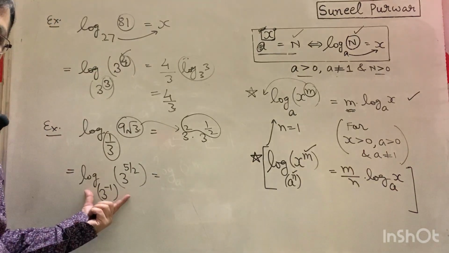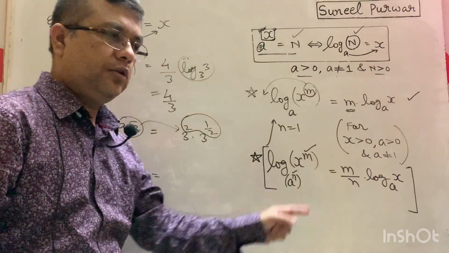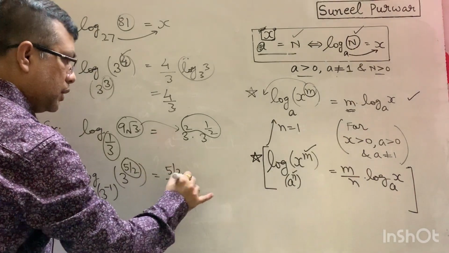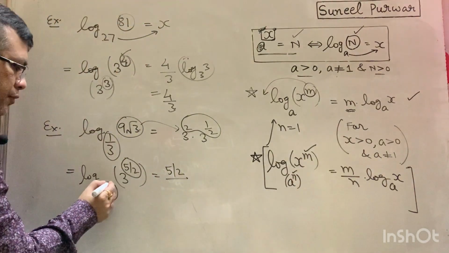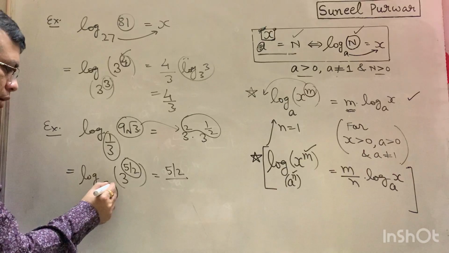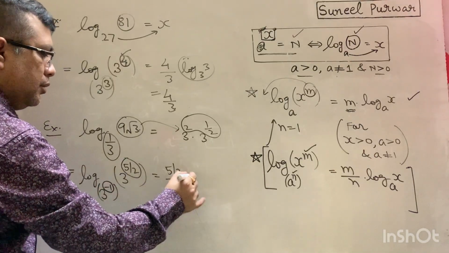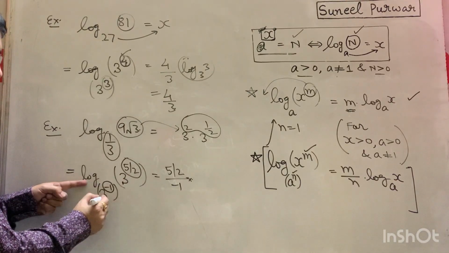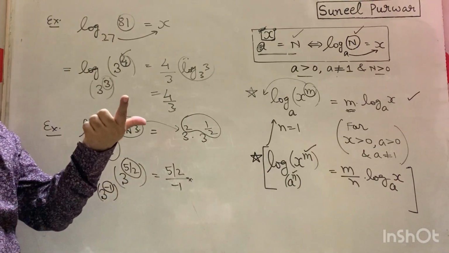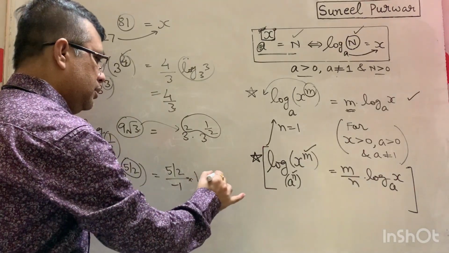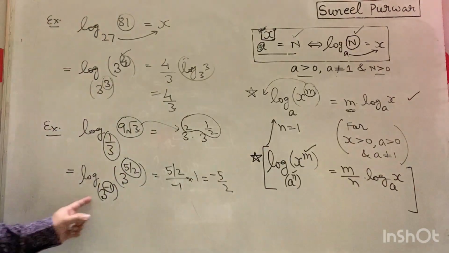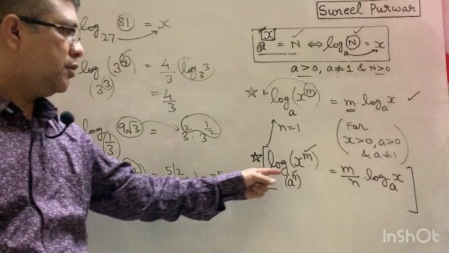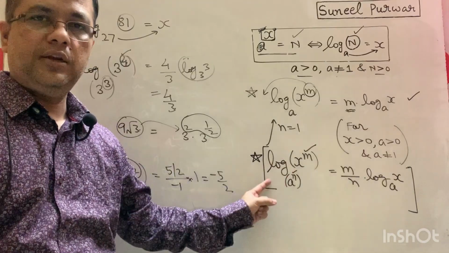So now this logarithm matches with this format. Okay, so you see what is m value? M value is 5 by 2. Then you see n value. N value is minus 1. N value is this minus 1. And then what is left? Log of 3 to the base 3. And you know that is going to be what? 1. So that's your answer, minus 5 by 2. Okay. So this is a very powerful property. Keep making use of it wherever you feel the need.